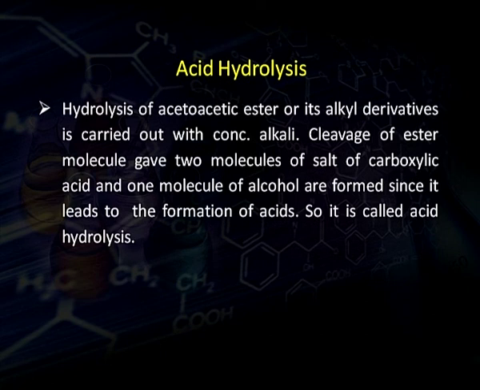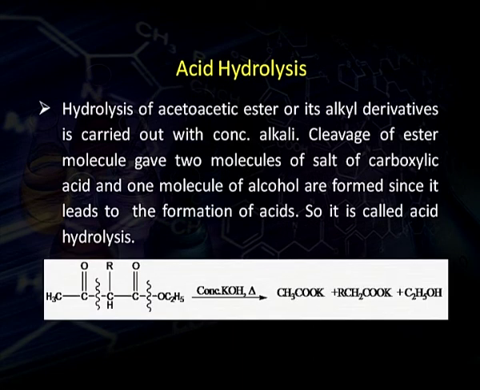Since it leads to the formation of acid, it is called acid hydrolysis. Cleavage takes place at these two places. So one molecule of potassium acetate is always formed, and the other acid is the substituted acid,